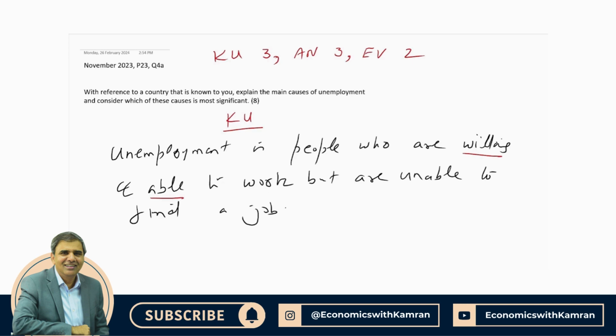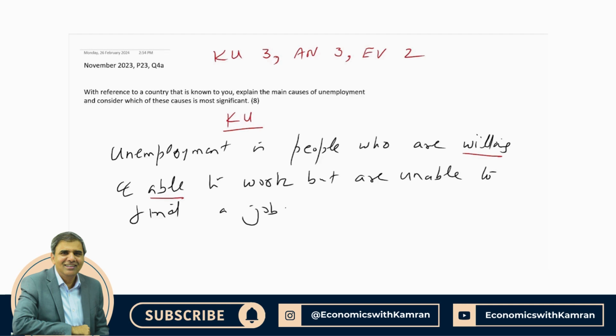For example, a housewife, she wants to spend time taking care of her own children and doesn't want to work. So even though she is not working, we cannot call a housewife an unemployed person. Similarly, a full-time university student may be able to work, but if he is engaged in studies full time, he doesn't have the availability to do a work. So he won't be considered unemployed as well.